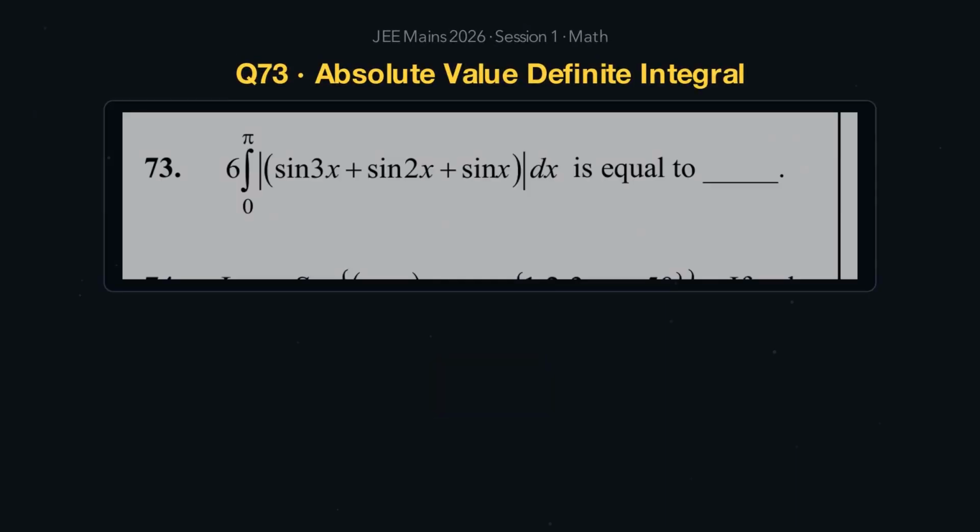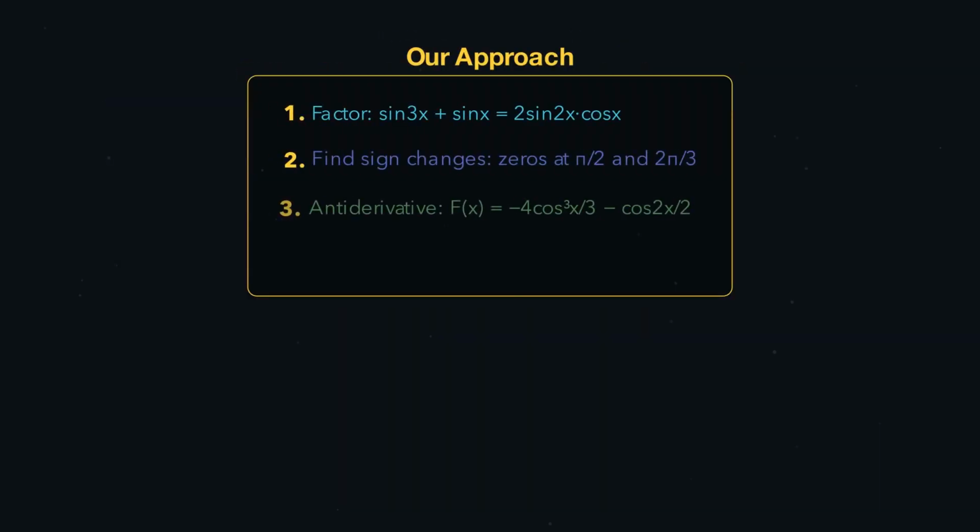An absolute value integral with 3 sine terms. Looks intimidating, but one factoring move turns this into a problem you can crack in 2 minutes. Here's our approach. First, we'll use the sum to product identity to factor sine of 3x plus sine of x